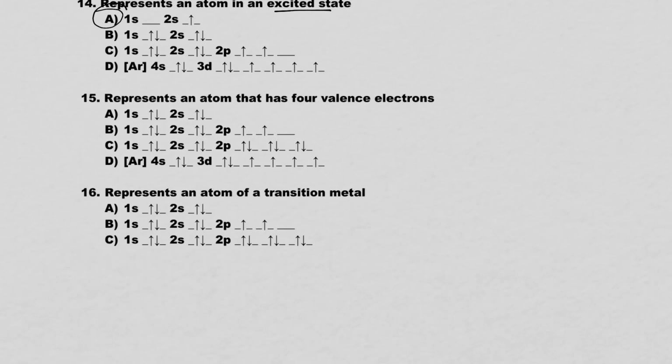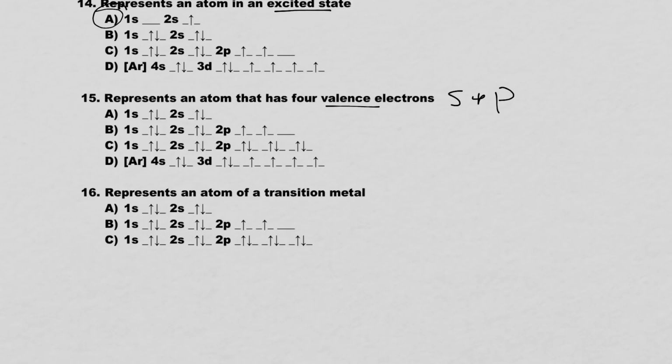The question, again, we've got orbital diagrams, represents an atom that has 4 valence electrons. The key here is, remember, valence are in s and p orbitals. So if you just quickly try to answer this, you might answer it incorrectly, or maybe you think there isn't an answer. So if we look through here,